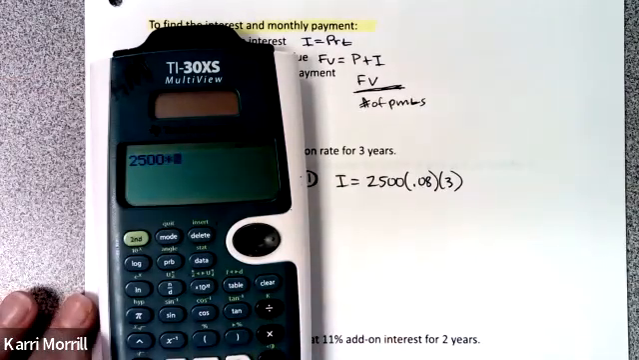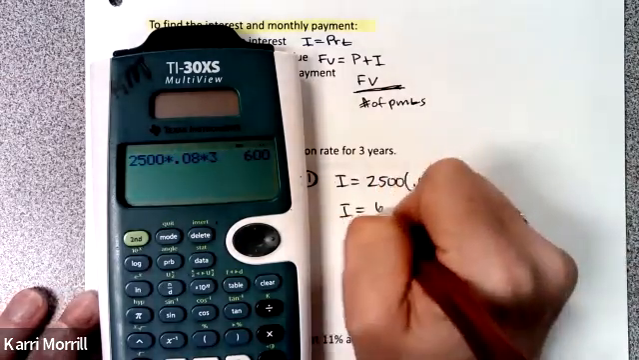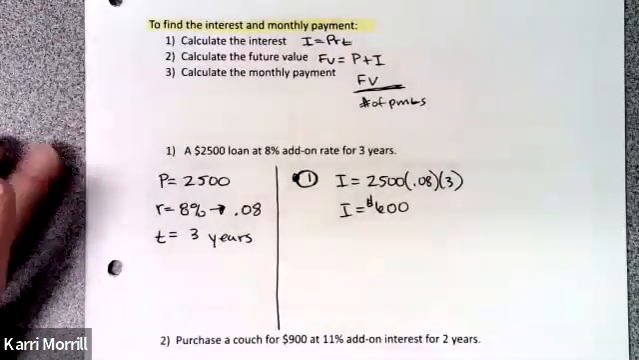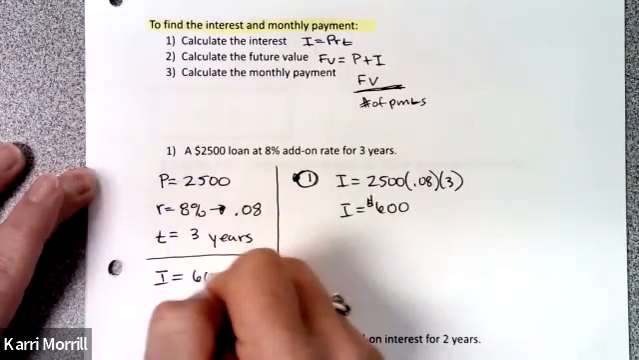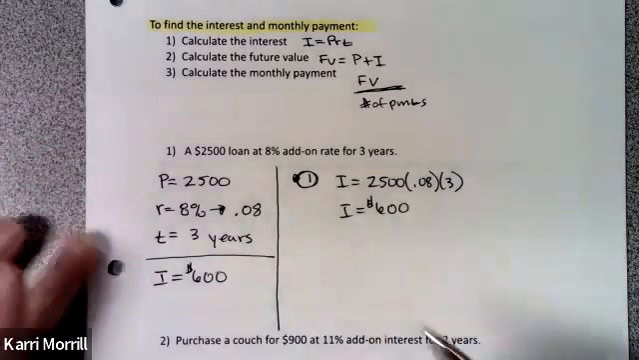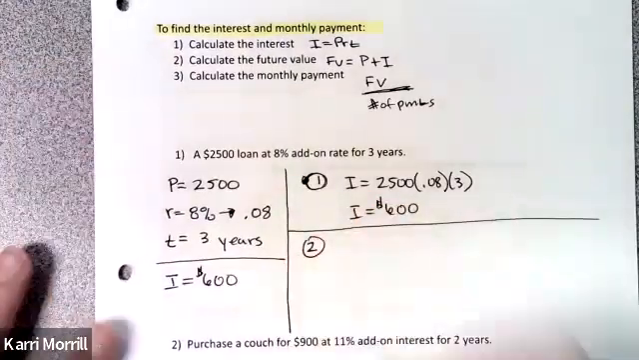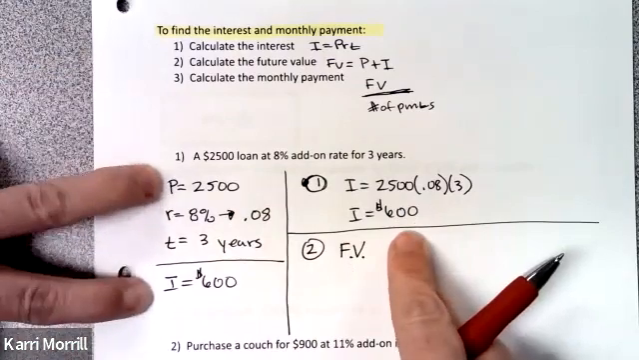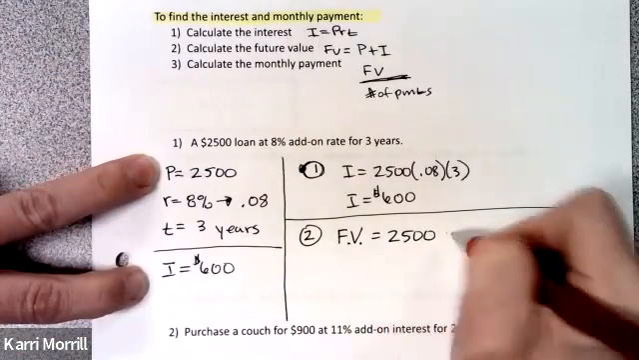2,500 times 0.08 times 3 years means the interest amount would be $600. So I found from this given information that my interest was $600, right? My second thing that they want us to do in these instructions is find the future value. Now that we know the interest and our principal, I'm just adding those together: